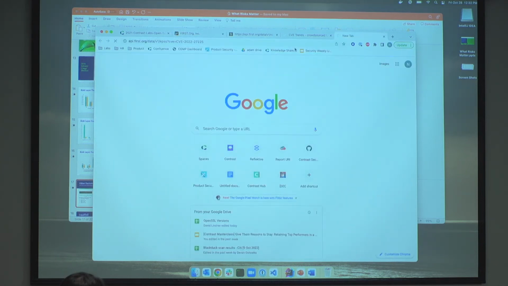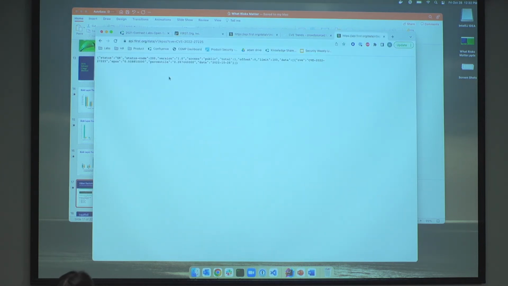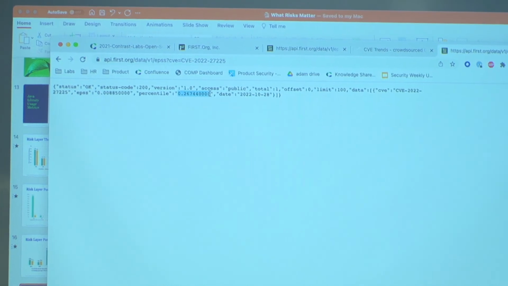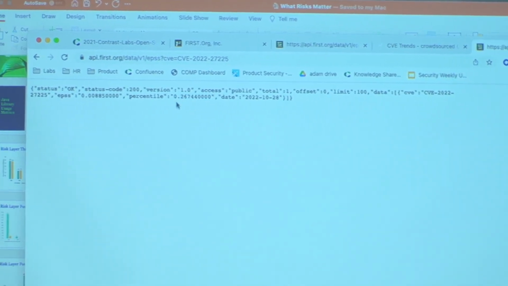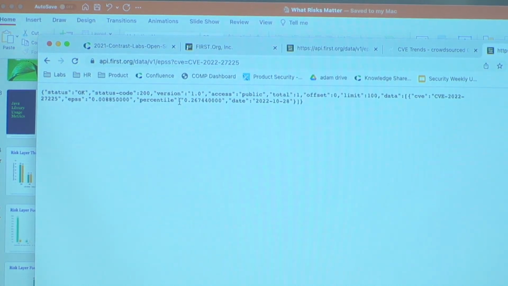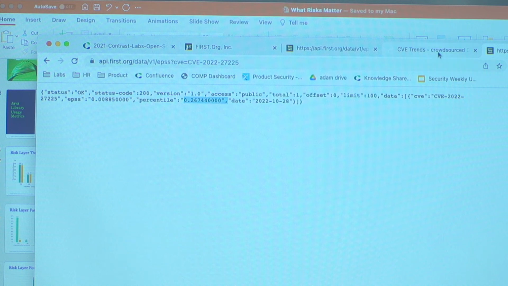So you can actually find the EPSS scores for specific CVEs, and that would just show up here as a probability score. The higher your probability is, the closer it is to 1.0, the more likely it will be exploited. And it also gives you a ranking of all time. So out of all the CVEs that are ever published, how does it fall in the rating of how exploitable it could be? And this number changes over time a little bit.